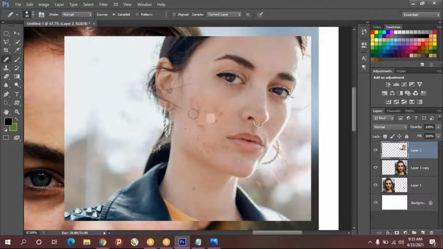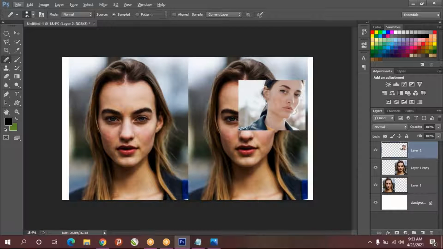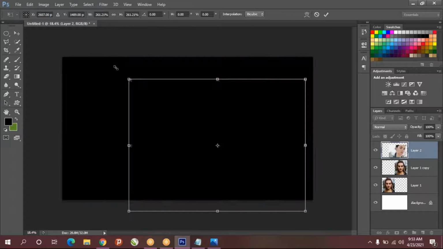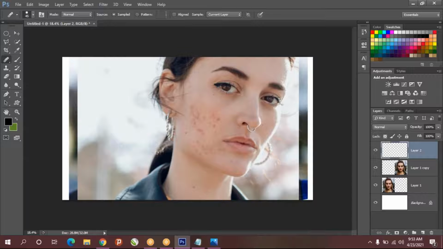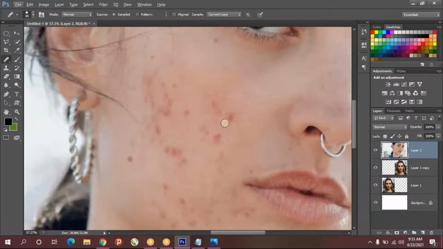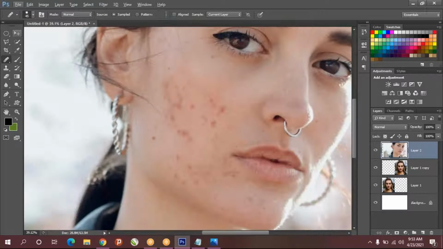Control V. Enter. So for example, if we take the spot healing brush tool, just increase the brush size, one click.